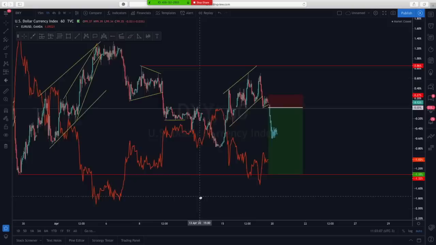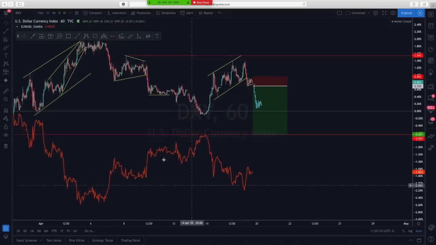So even, okay, I'm trying to make this a bit nice. But even here you can see it corrected a bit. This big drop to the downside, just one candle shot to the downside. It corrected a bit, one candle shot to the upside. Then it came back all the way to what it did here, and then it moved downwards in a bit more corrective manner. It moved upwards in a bit more corrective. Then now it shot to the upside impulsively. It shot to the downside impulsively.